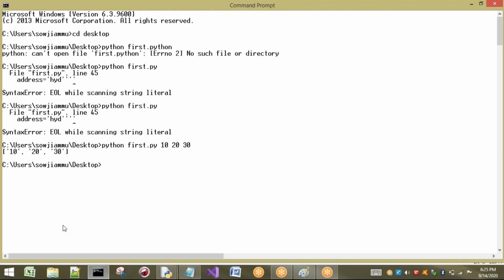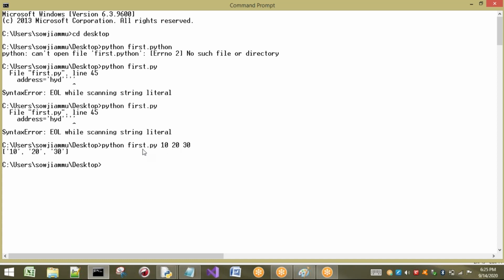The first point to understand is that command line arguments have to be given with spaces between the values. Why spaces? The default separator for command line arguments is space.